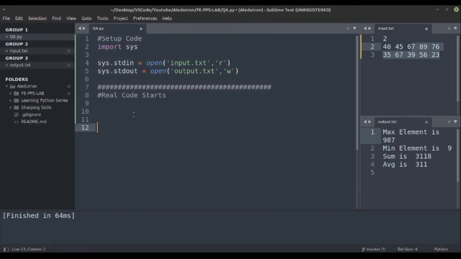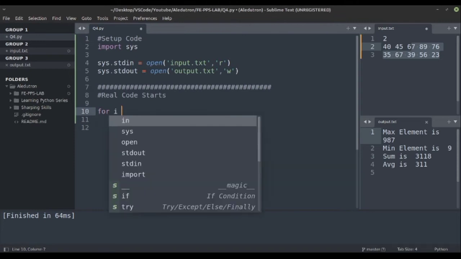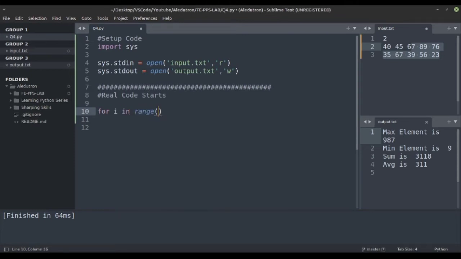So let's directly take for i in range and then input, integer input. So we'll take the first input, convert it into an integer, and loop that many times. So basically we can take an integer t and then do the same stuff. Instead of this we can use the t variable, but this is the shorthand. So after that we have to take,